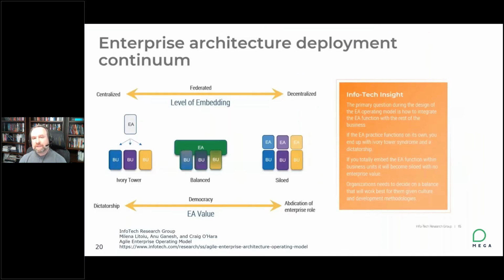Another element in terms of the way in which this practice would work is that we do want to get to a level where we understand, because the architects are not in control, they are working jointly. They also need to have accountability. There needs to be skin in the game. And so if you look at the far left of this graphic, it's from an organization called Infotech, a fully centralized enterprise architecture practice, which I have seen, they end up becoming too academic, the ivory tower approach. It doesn't work. The EA practices don't have the authority, and even if they did, there still needs accountability to enabling the different business units. And in that fully centralized way, it just doesn't tend to work well.